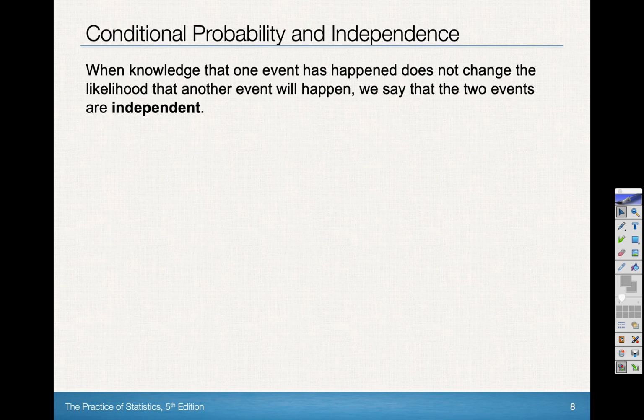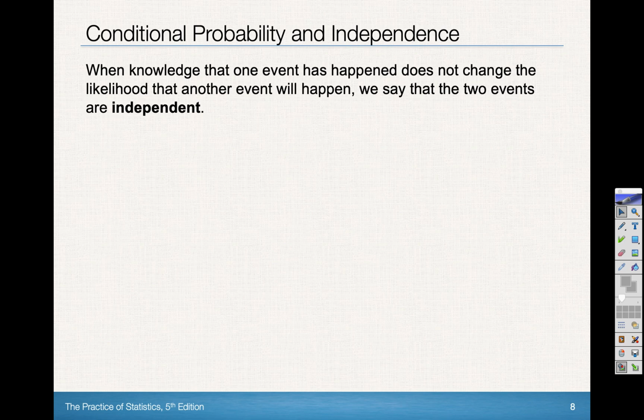Conditional probability changes when we say that two events are independent. Independent is different than mutually exclusive. Mutually exclusive, we talked about how mutually exclusive events cannot happen at the same time, but they're not independent. Independent events are events that don't affect one another. For example,